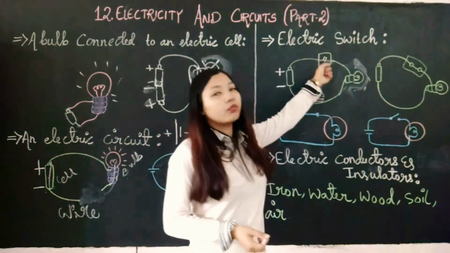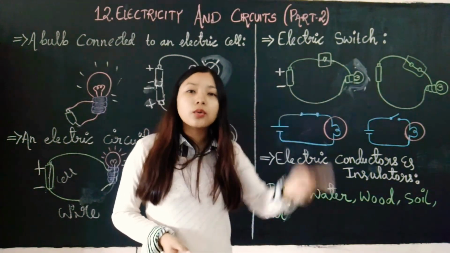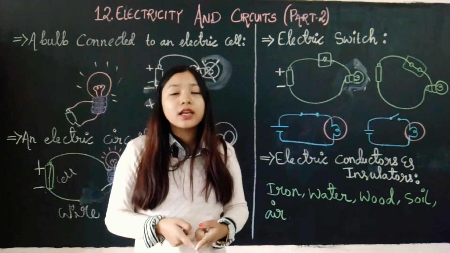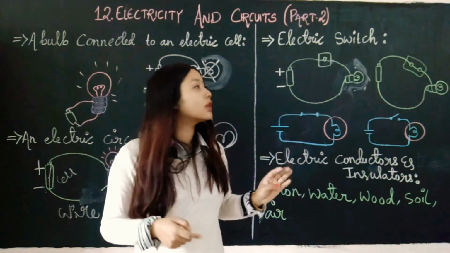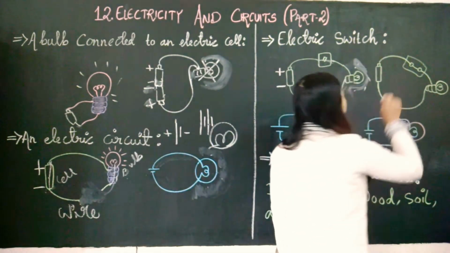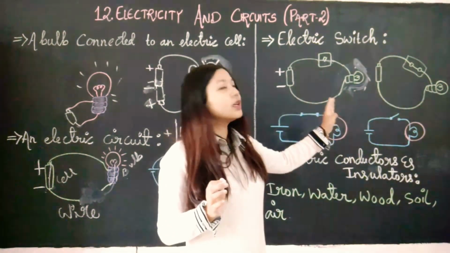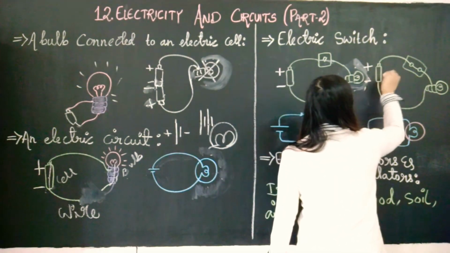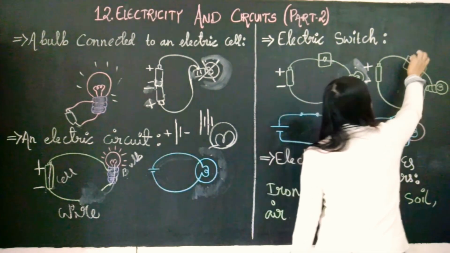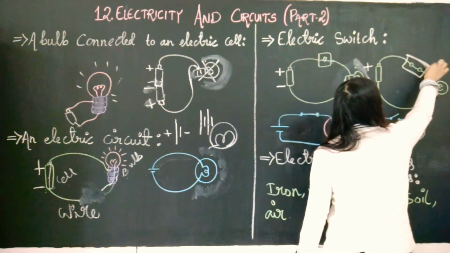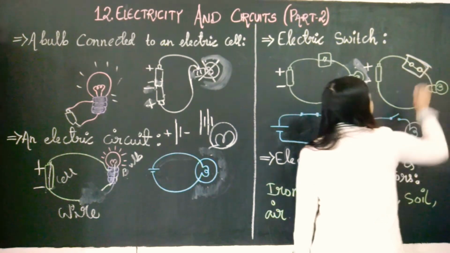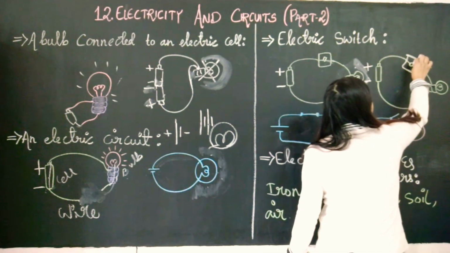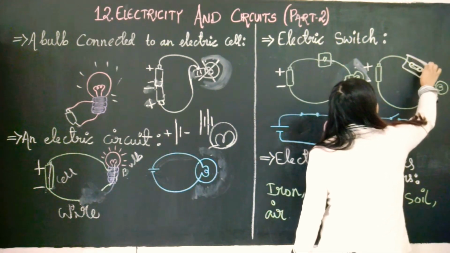Here the switch works in this phenomena and it closes the circuit. It makes it a closed circuit when we need the light, and it opens the circuit when we don't need the light. This is one small diagram of an electric circuit which you can make in your home. Use one battery, positive and negative sides. Then if you don't have a switch, what you can do, on paper or cardboard, you plug two pins. Two thumb pins you can use, or a safety pin. Better you use a safety pin.